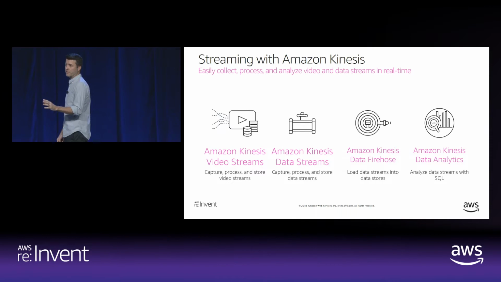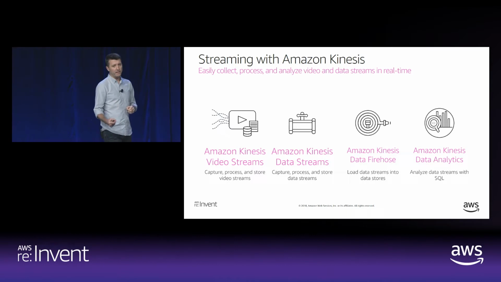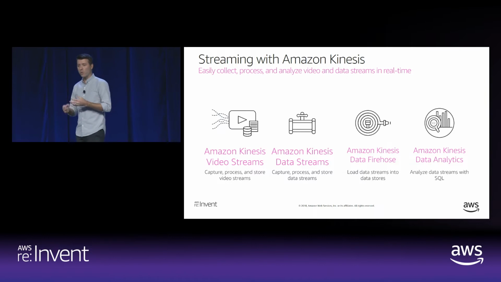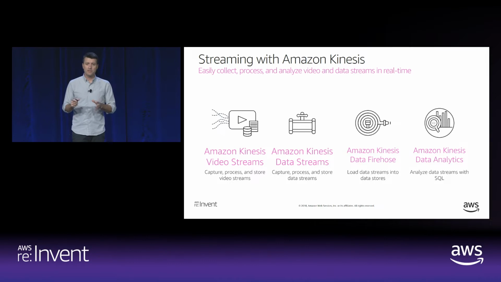The other 3 services, and what we're going to focus on mostly today, are our data set of services. So these are the types of services that are just receiving either unencoded or encoded data that's coming off of your systems. Could be log data, could be application event data, being sent into Kinesis so you can get some of that real-time analysis that we just discussed. So the 3 services on the right, data streams, data firehose, and data analytics, can all work together to get you those insights. Kinesis data streams, to compare and contrast it with firehose, I get that question a lot.